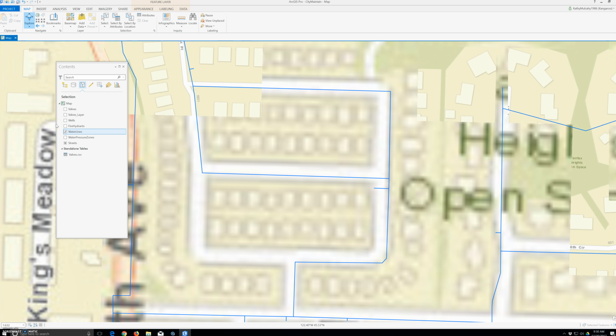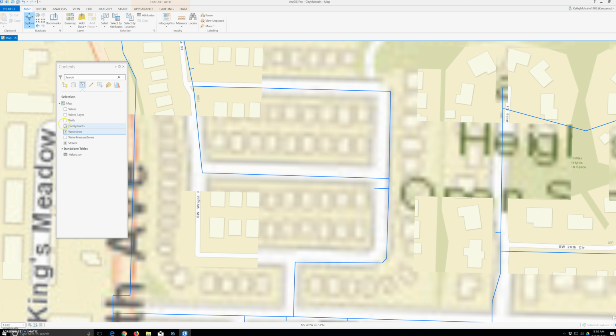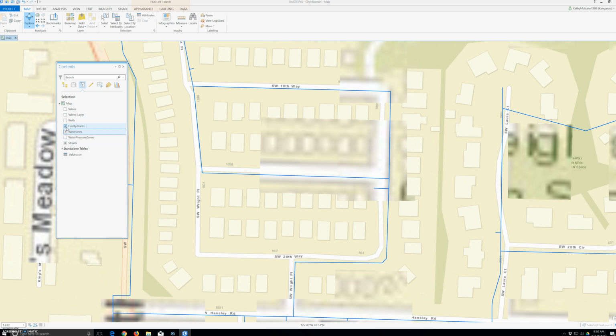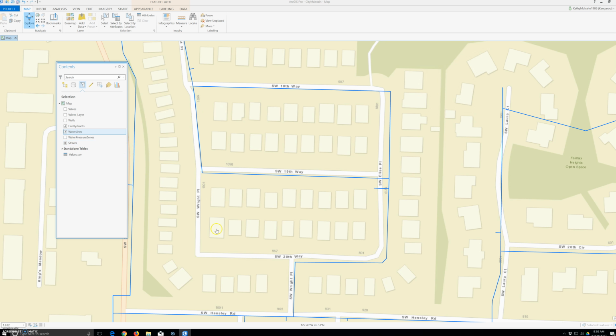We do need everything back because I cannot see the hydrants. All right, let me turn it on. And I cannot see the hydrants. Where are the valves? Okay, so now